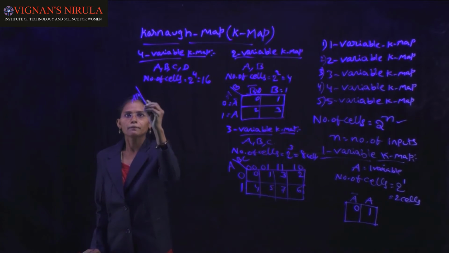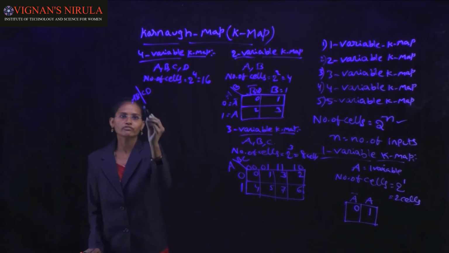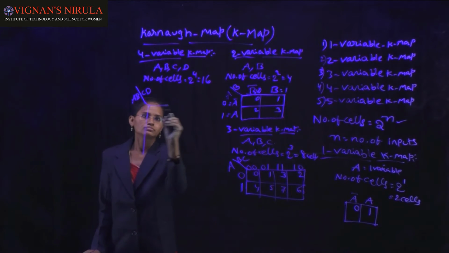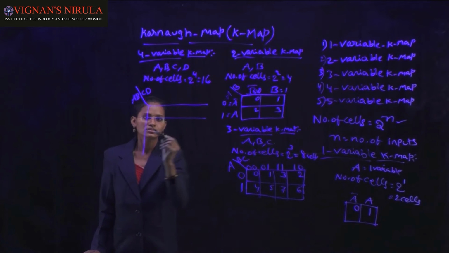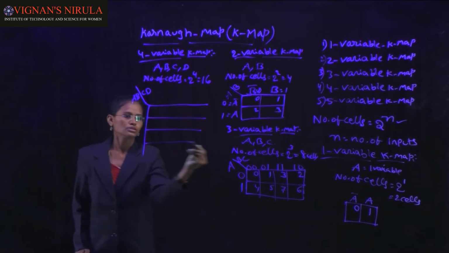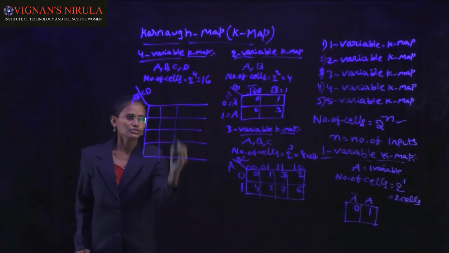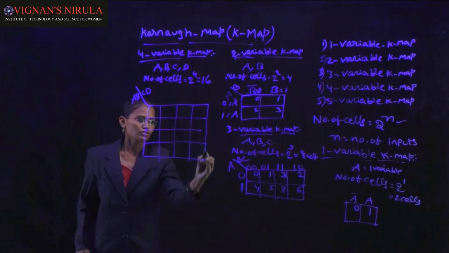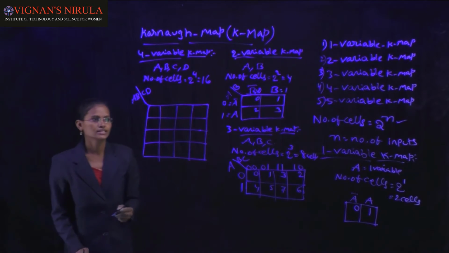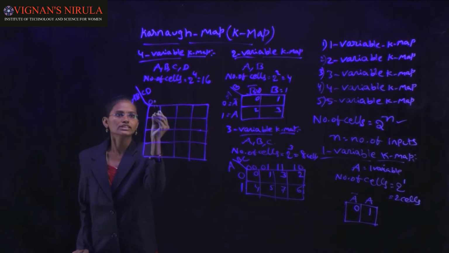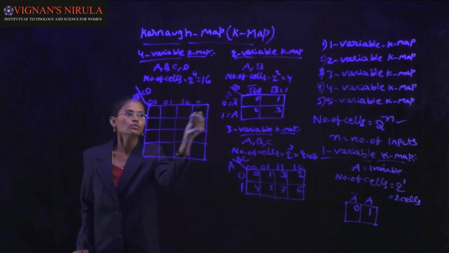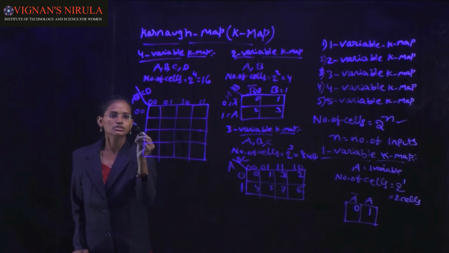Here A, B, C, D are the input variables. This is the 16 cells. Here the gray code is 00, 01, 11, 10, and this is 00, 01,